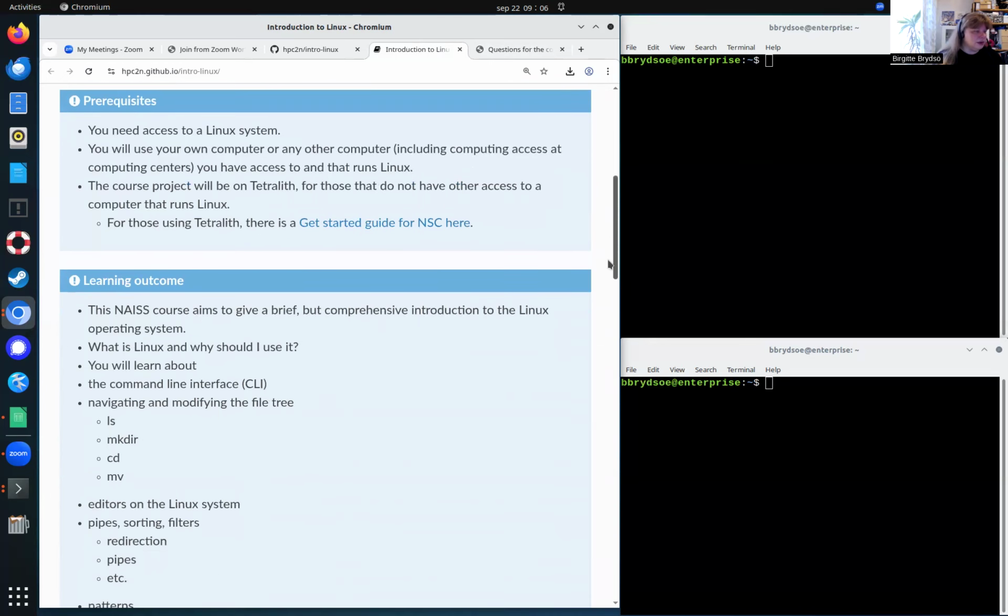So prerequisites, you just need access to a Linux system. You can use your own computer, any other computer that has Linux, including through computing access at computing centers. We'll run a course project on Tetralith, so those that said that they could not access Linux otherwise have gotten access through that. And there's a Get Started guide for NSC here.